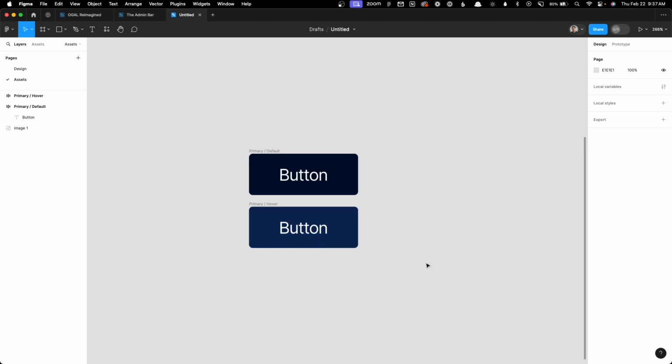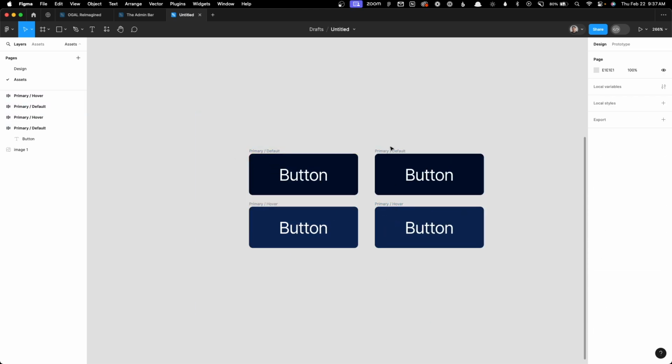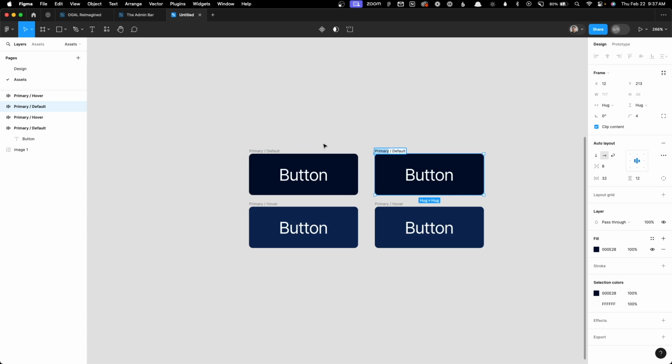Now for me, this works perfectly for my primary button. And this is the button I'm going to be using probably throughout 80% of the buttons I use on the website. But we're going to need a few variations as well. So let's talk about those. The next one I'm going to make is my contrast button. So typically what I'll do for my contrast button, of course, I'm going to change this name here from primary to contrast, and we'll change this to